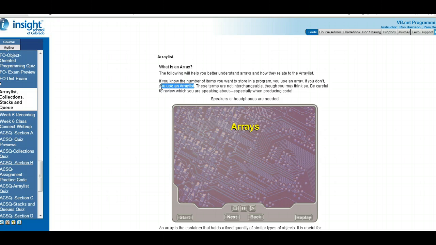Or an array, once you set that up, it's limited. If I have 10 items, then I'm going to have a 10-item array. But an array list, I would create that if I don't know how many items I'm going to have. So that's how an array list and an array are